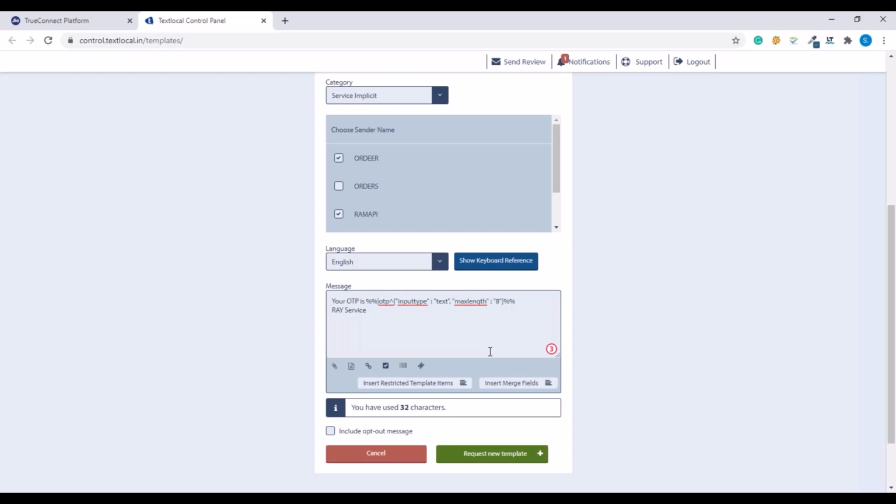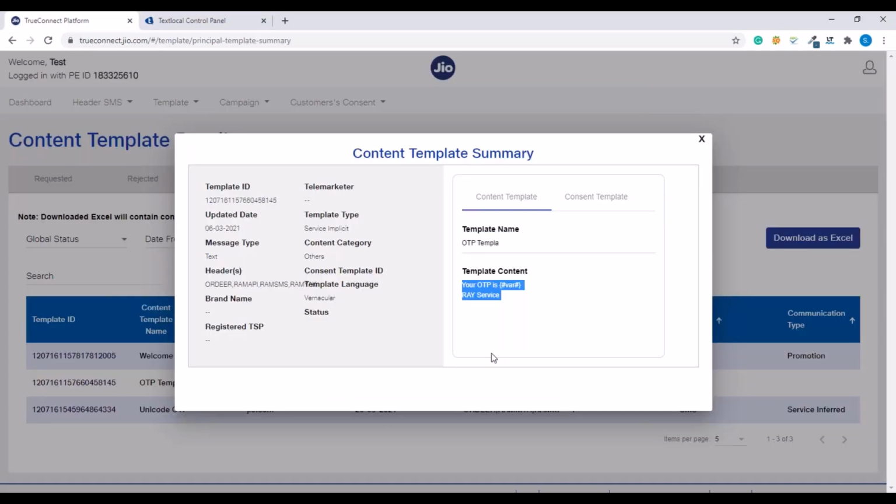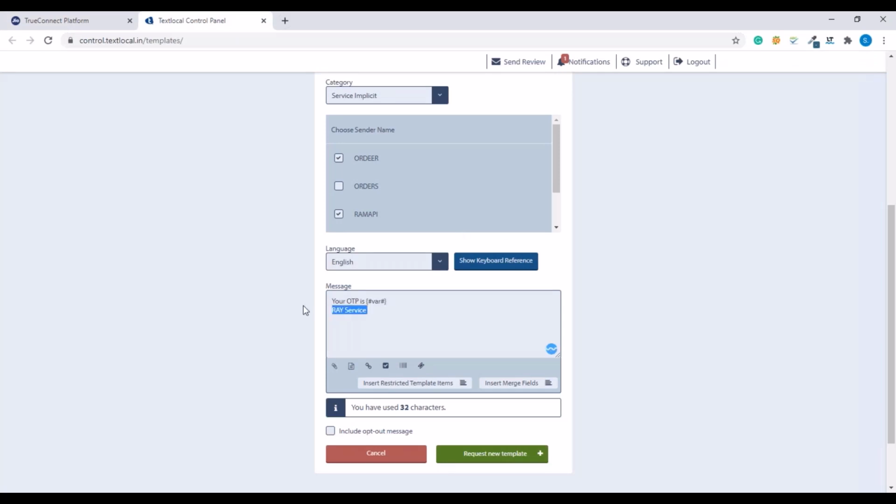The other thing to note is that every single variable in the DLT platforms has a character limit of 30 characters. If you want to pass more than 30 characters as variable, please apply for 2 variables. Now that we know how to copy templates from DLT to TextLocal, let's see how to copy templates from TextLocal to DLT. If, for example, this was a content which was approved for you in TextLocal, you'll have to replace the entire variable with one that is consistent with the DLT platform. So I will change that variable to a format which is #var#. This is what I'll get approved in DLT platforms if I want to send an OTP.